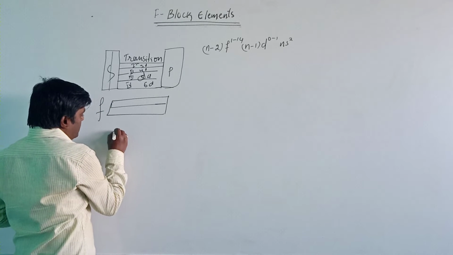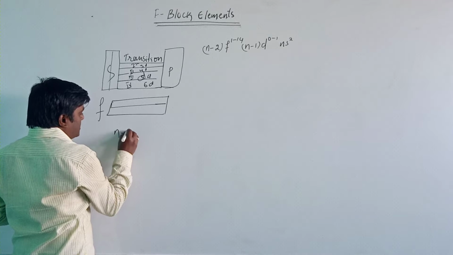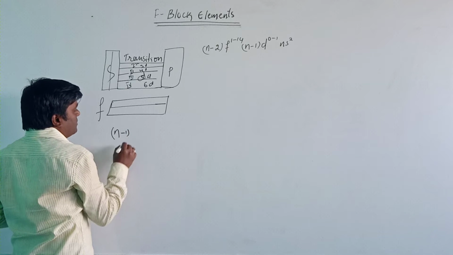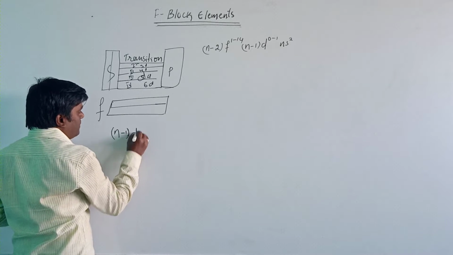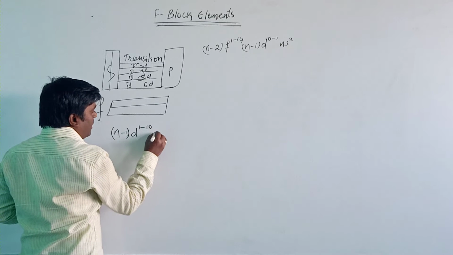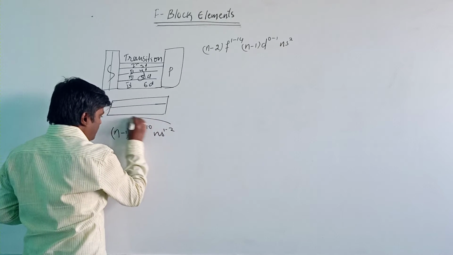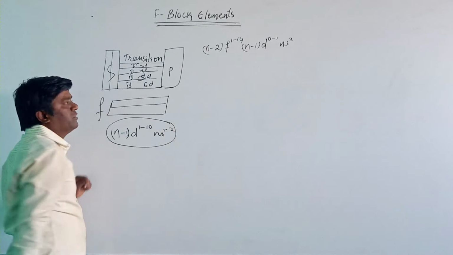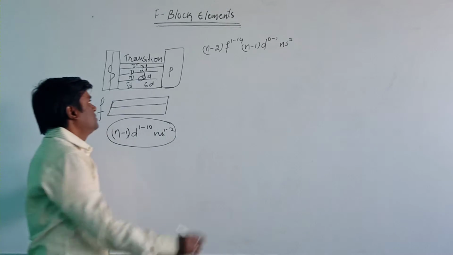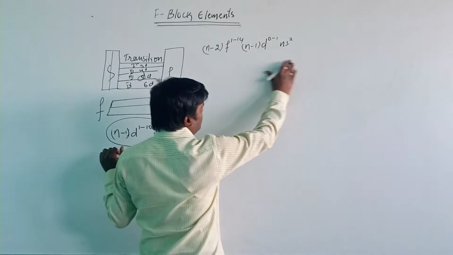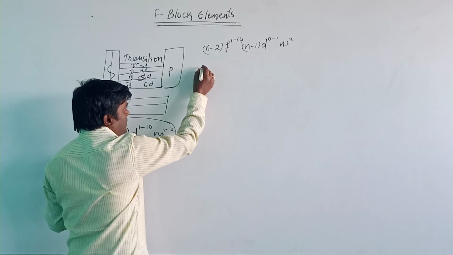We all know that the general electronic configuration for the D block elements is (n-1)d 1 to 10, ns 1 to 2. This is the general electronic configuration for the D block elements, and the previous one is for the F block elements, where